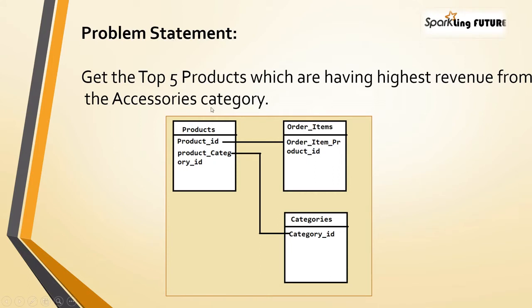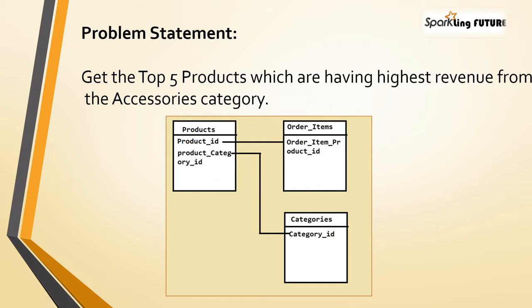And today we will discuss this problem statement. Let's say this is the data set that is given, which has three tables: products, order items and categories. Whoever works in the finance domain can easily relate with their usual scenarios. In the products table, usually along with the other columns, product ID and product category ID will be there, which will be easily joined with order item product ID, and from the categories table, category ID can be joined with the product category ID.